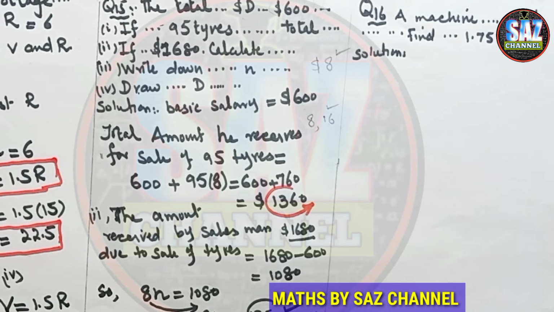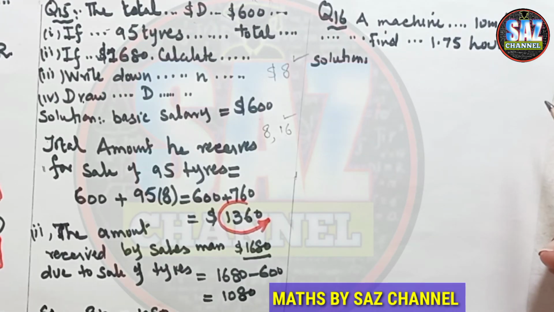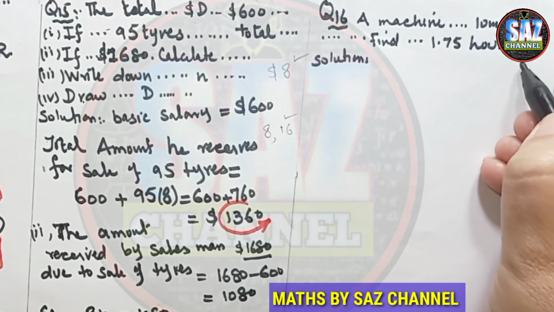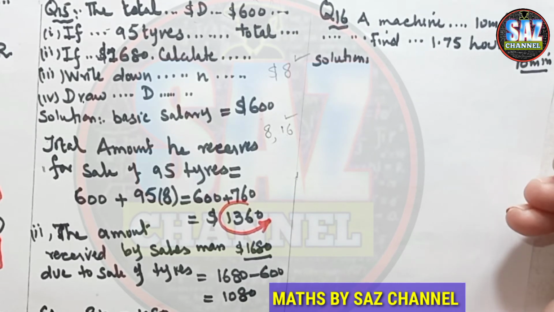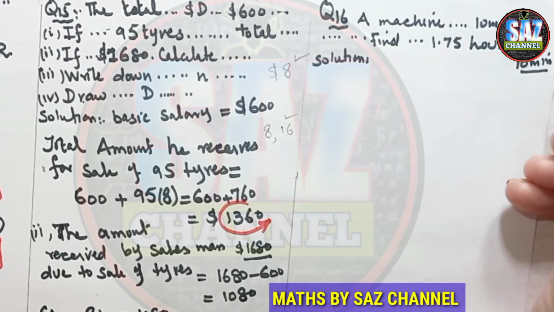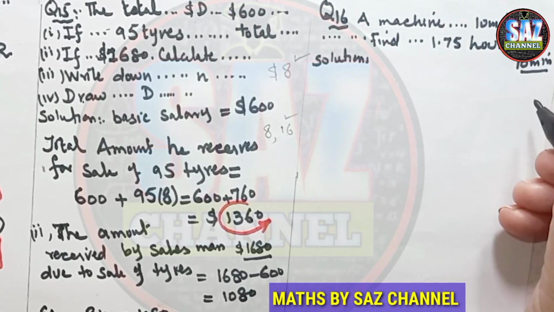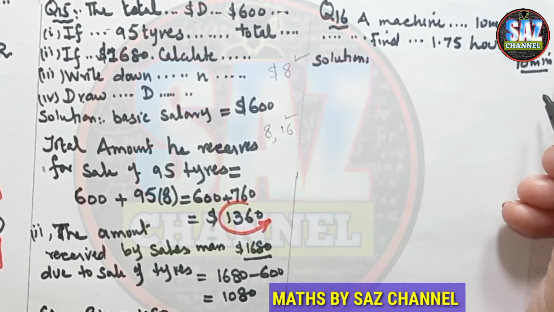Here we have some important points that we have to discuss. If we read the second line, it says that a machine which manufactures ice needs 10 minutes for warm up. It means that in these 10 minutes, the machine will not be producing anything. Suppose the machine is running for 30 minutes, it will not be producing ice for the whole 30 minutes. It will be producing ice for 30 minus 10 minutes.